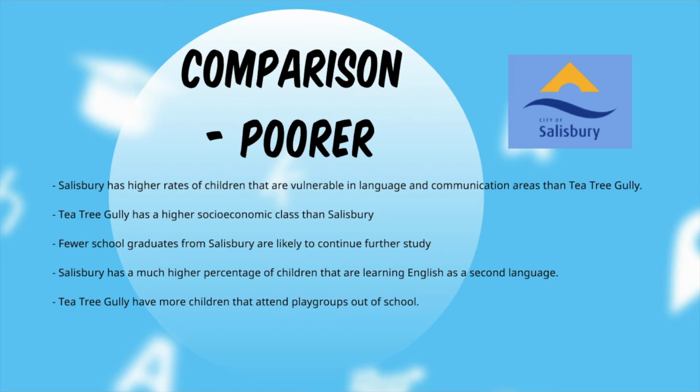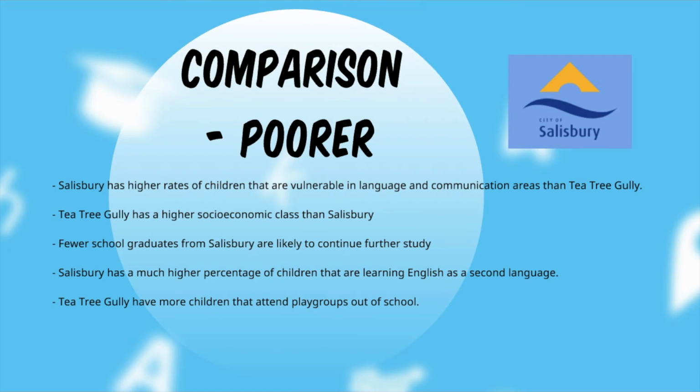In 2018, there were 88.2% of children from Tea Tree Gully that completed some form of post-school qualifications. However, only 74.6% of children from Salisbury did. This could be due to the lower levels of communication and language the children are exposed to from a young age. Furthermore, a key factor influencing the communication levels of children in Salisbury and Tea Tree Gully are the language